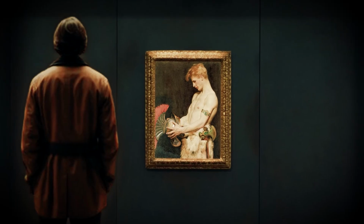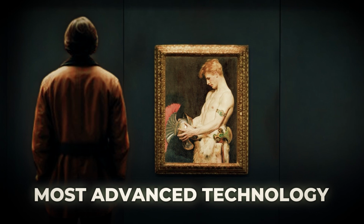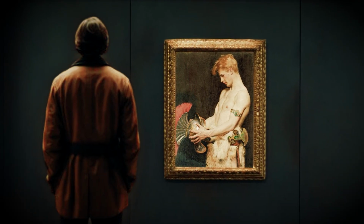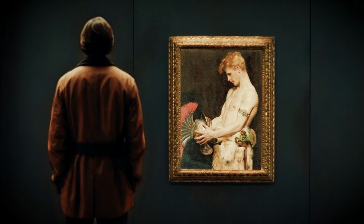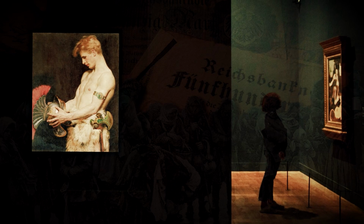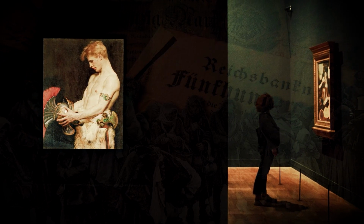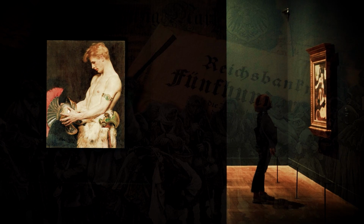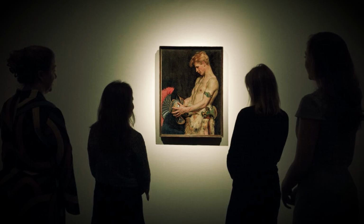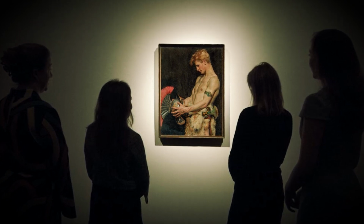Imagine finding yourself face to face with the most advanced technology of your time, created by the very empire trying to conquer your people. What thoughts would run through your mind? That's exactly what this painting forces us to consider. Look at how the light catches both the warrior's thoughtful expression and the gleaming helmet in his hands. Today, we're going to explore why this quiet moment of contemplation might be one of the most sophisticated commentaries on